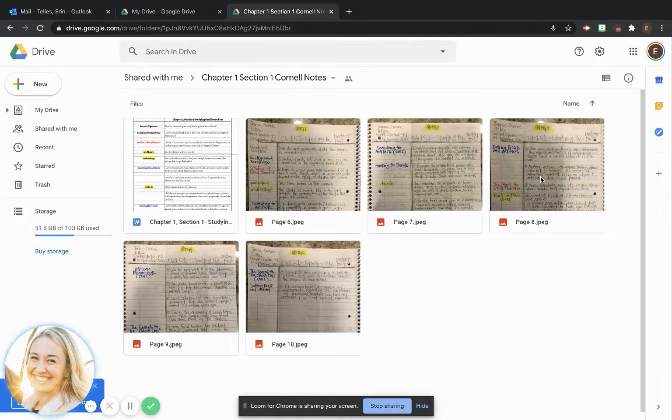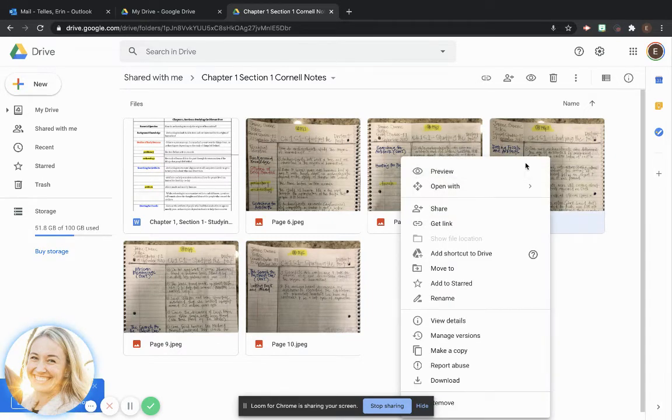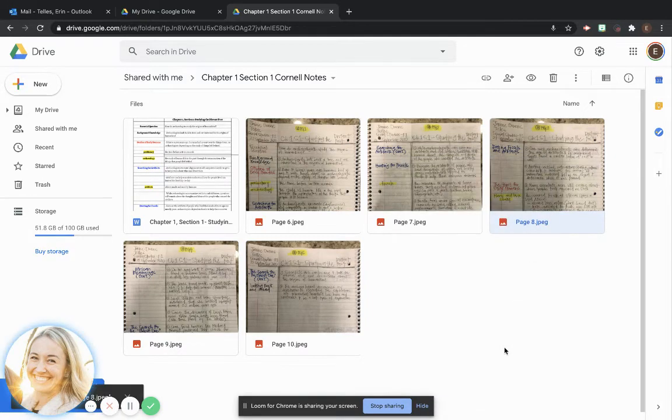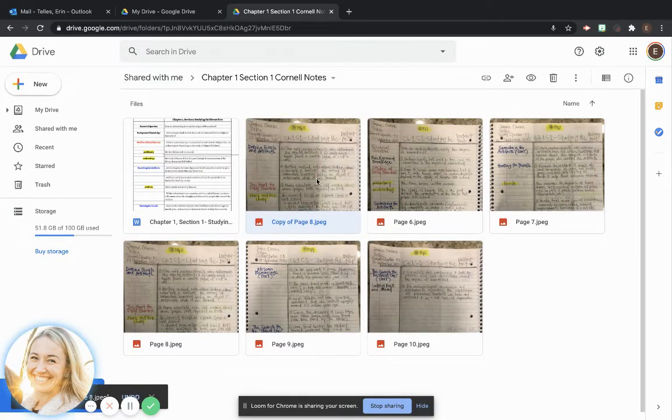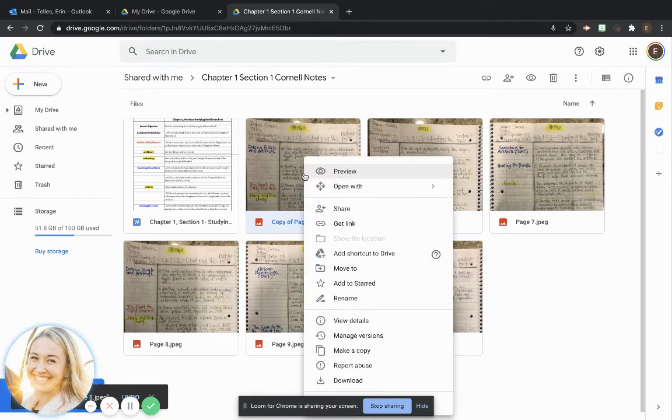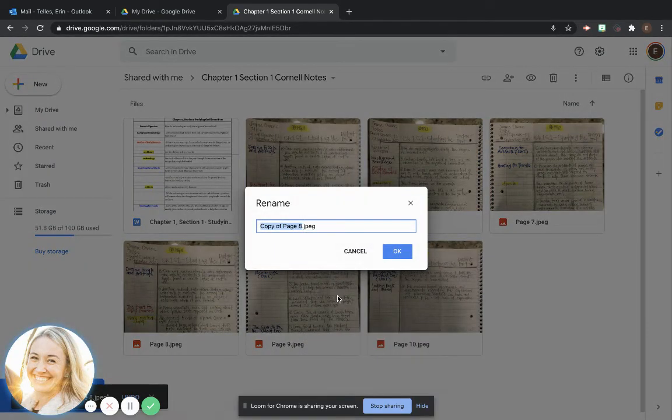Okay. Again, so page 8, which is page 3 of the handwritten Cornell notes. Okay, we're going to come here, right click. We're going to make a copy. Okay, that copy is going to pop up right here. We're going to right click and say rename. Once again, we'll get rid of the